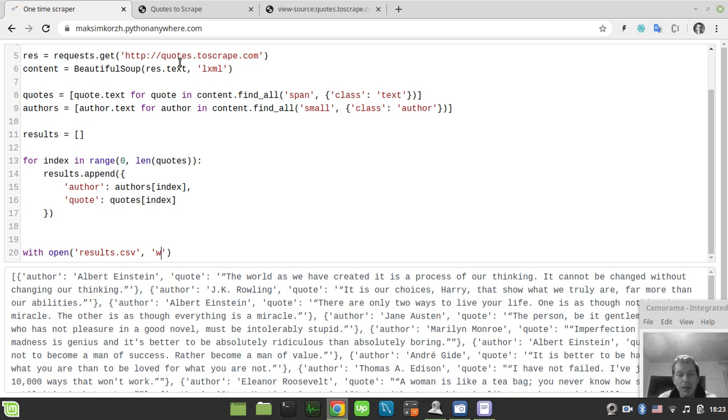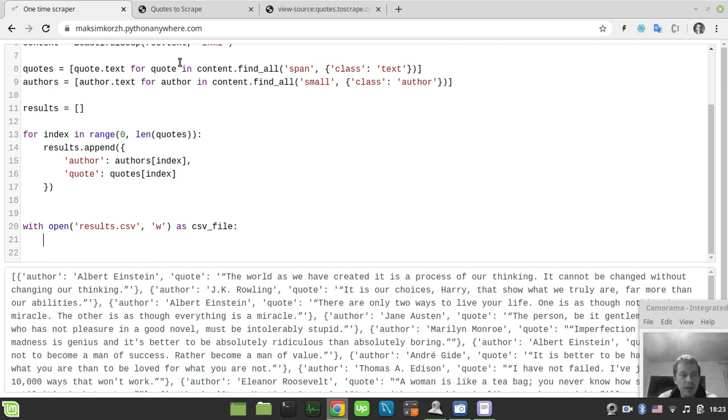In case we want to read the file, we'll use this r. If we want to append text to existing data, we'll use the a here. So a stands for append. But in our case, we just want to simply write the file stream. And now we need to create a variable for the file stream itself, and let's call this variable csv_file here. So the next thing to consider is to create what is known as the writer, and in order to do this, we need to say